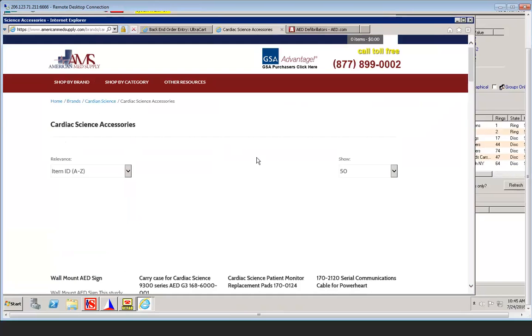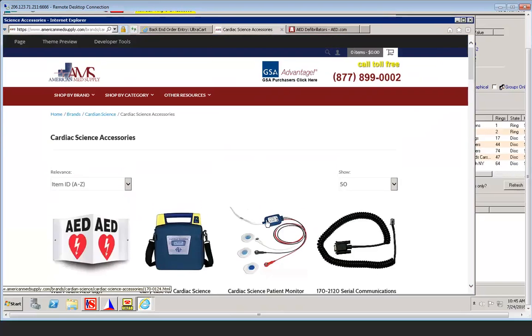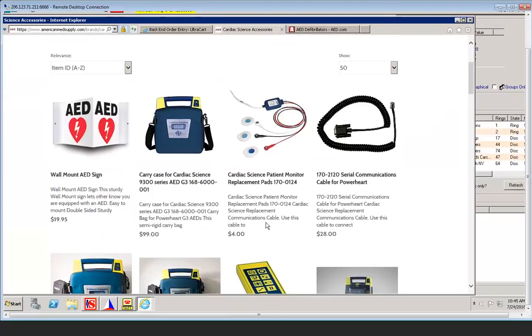you'll see that it'll generate the batteries, the electrode pads. When the caller expresses that what they need is a battery, chances are that they also need the adult or pediatric electrode pads. They usually expire around the same time, so to encourage the customer to buy them all now, you can say, well, if your battery is expired, I imagine that you need the electrode pads. Sometimes it could be a children's hospital, so they don't need the adult, but they may need the pediatric electrode pads, and you can ask them if they do, and when you see it, you can copy and paste the